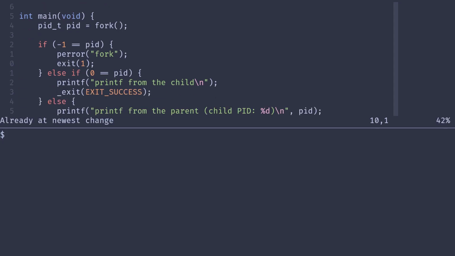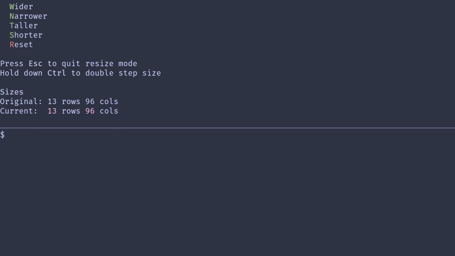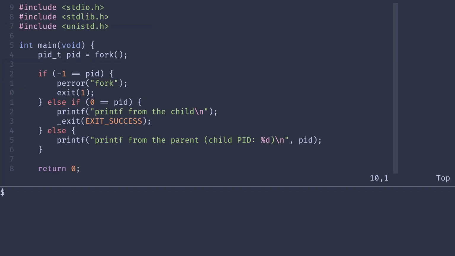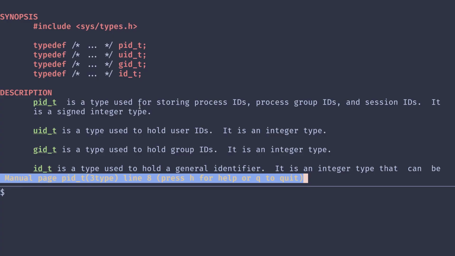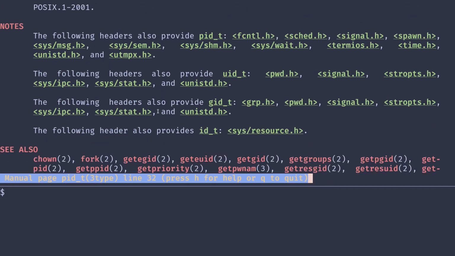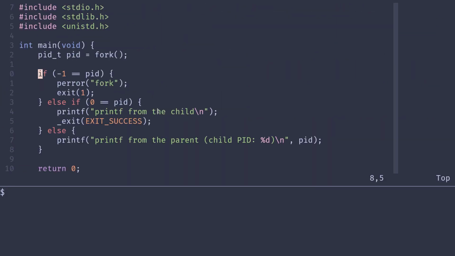Actually, what I'm going to do is make this a little bit taller. Here we go. Okay. So in this example, we're calling fork. And now we're saving the result in this PID variable, and I'm going to show you what this pid_t value is. I can open the man pages for this as well. It is an assigned integer type for storing process IDs, process group IDs, and session IDs. So we should be able to print it using the %d format specifier. And here, in this code, we're actually checking,